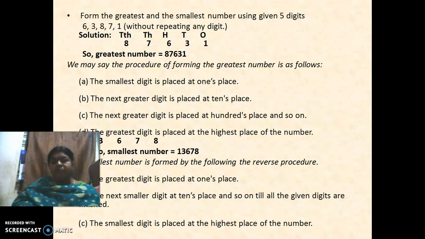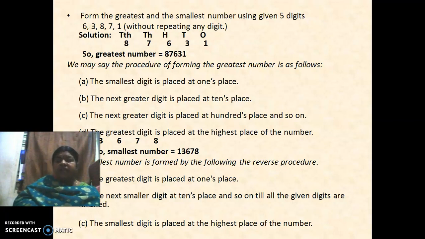Among all the 5 numbers, 8 is the greatest. So according to descending order, 8 should come first, 7 in the second place, 6 in the third place, 3 in the fourth place and 1 in the last place. So the greatest number using 6, 3, 8, 7, 1 is